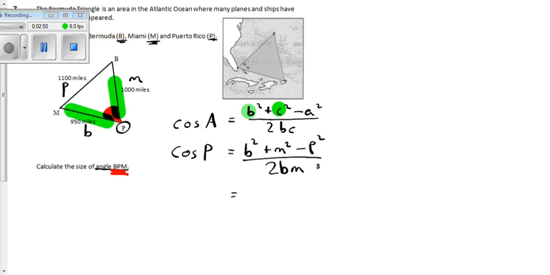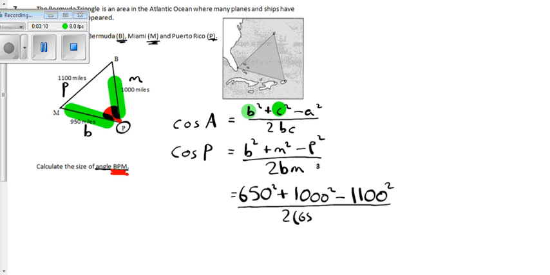I need to substitute my values in. 650 squared plus 1000 squared minus 1100 squared all over 2 lots of 650 times 1000. Now you can type that all into your calculator, and that would give you